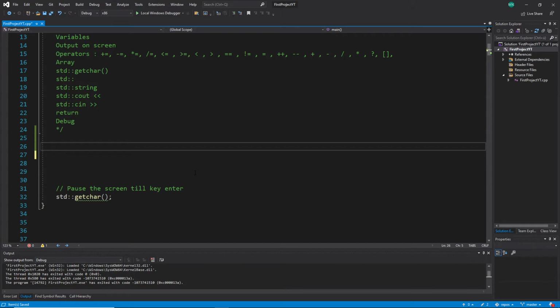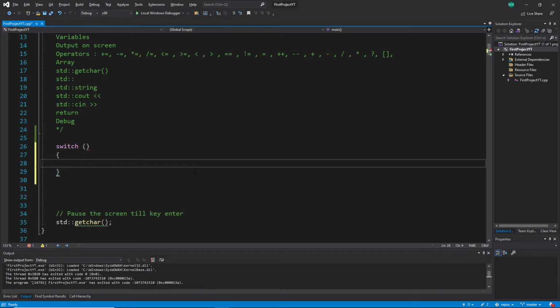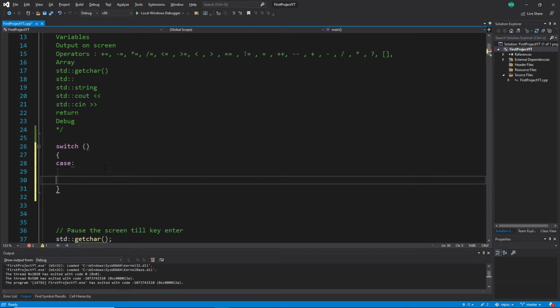First of all, the switch statement starts with the keyword switch. Then we have, similar to our if statement, our condition block, which are these round brackets, and we will write a condition there, but let's continue first. Then it starts, also like an if statement, with a body, but then we have something different here. We have to write something like cases. We will define these in a moment. And later we can have a default,